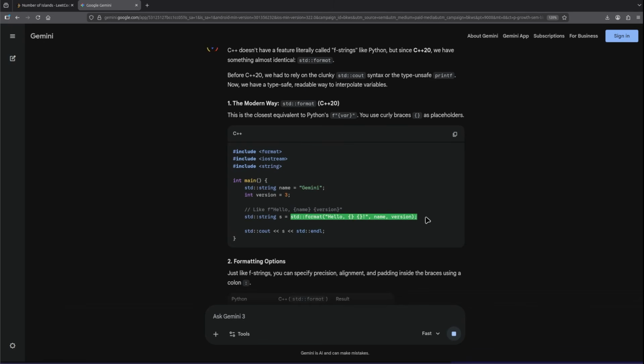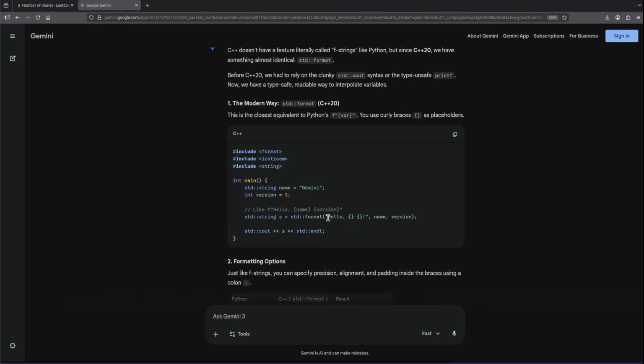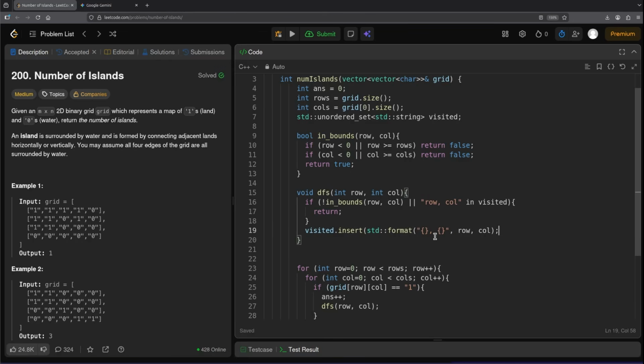Maybe we'll use standard format. Okay. And I think it was like this. We'll pass in our row and column. Is that correct? Format with the string with the template, pass in the two variables. That looks correct to me. And I think we need a parentheses here. Okay, so we just added our row and column to the visited set, and now we can,